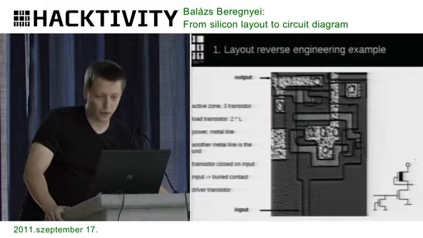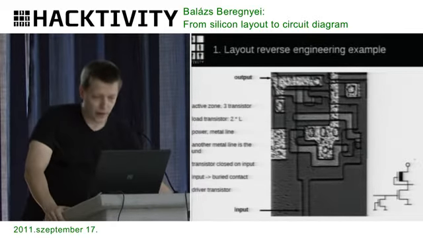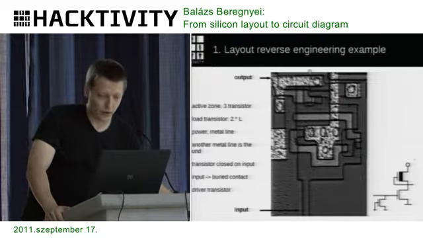And we can see that there are 3 contacts to the active zone. So we already identified one of the transistors, and let's look at the